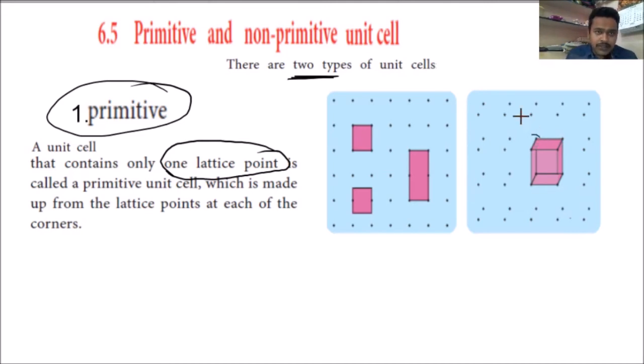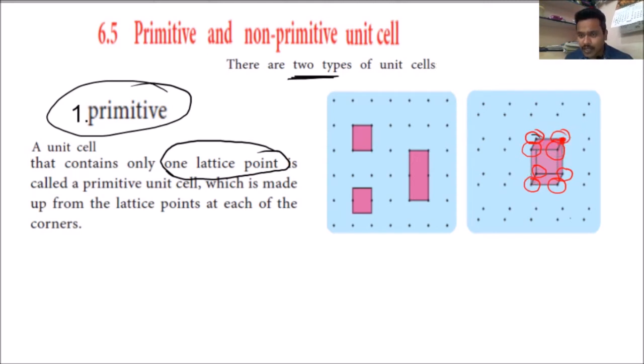What is that? See here. In this, one atom is there. Here a small black dot is there, that is an atom. This corner one atom, this corner one atom, this corner one atom, this corner one atom. Logically we think that on this side also one more cube will be there, side by side cubes. Whatever atom is located here does not completely belong to this cube. It is also present in the neighboring cubes.